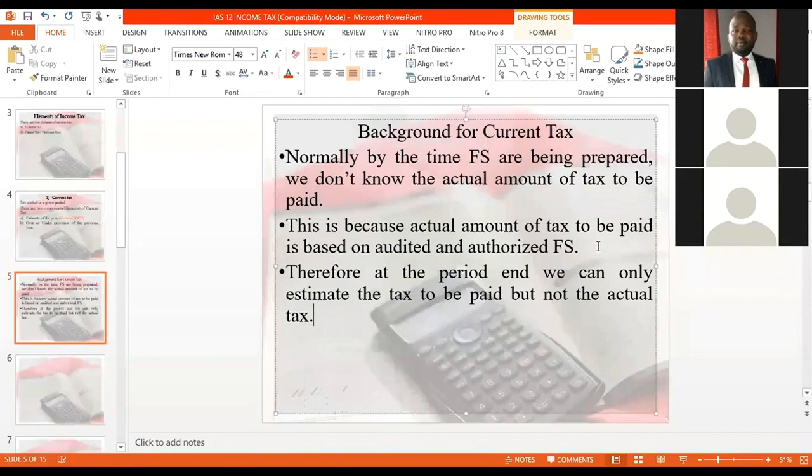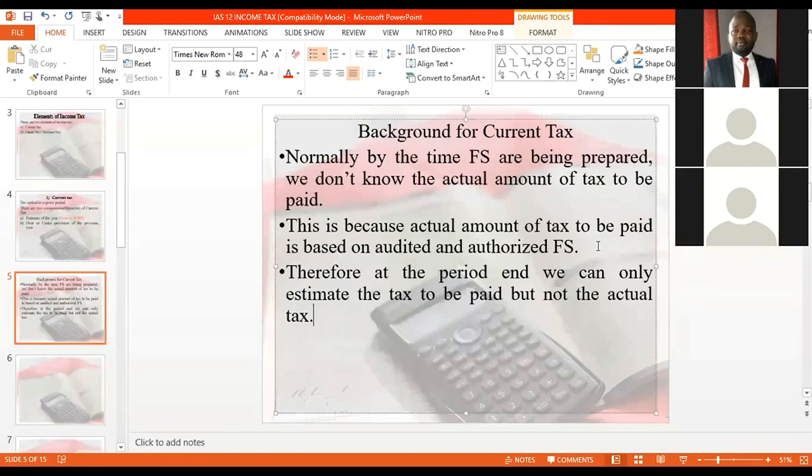When the actual turns out to be more than what was estimated for the previous period. The opposite of that is overestimation. Maybe we estimated the tax to be 1 million, and then the actual amount of tax next year, when RRA is billing you, they tell you that your tax is maybe 900,000. What did you estimate? 1 million. In that case, we will say you